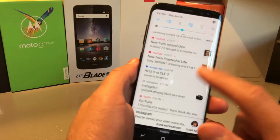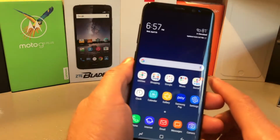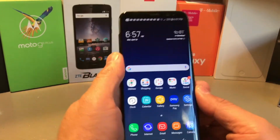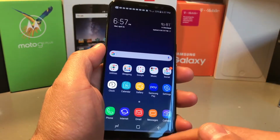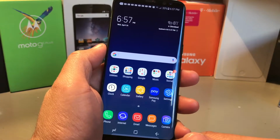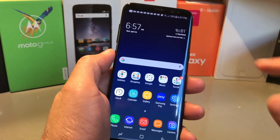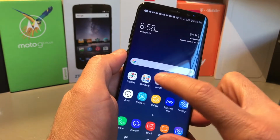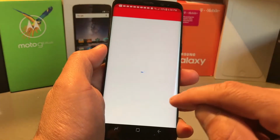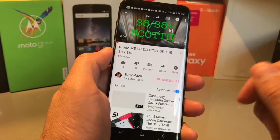So you can see I got a bunch of notifications. Everything seems to be working great on here. Bluetooth connectivity is real good. Call quality is excellent. The speaker on the bottom is way louder in my opinion next to the S7. The S7 speaker sounded a little muffled, but they've actually improved on the speaker quality on the S8. The S8 sounds real good. I can't say the speaker is the loudest, but